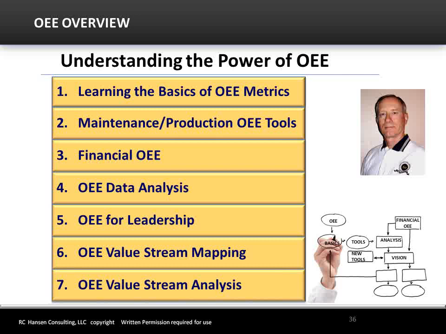The 7th area of study is OEE value stream analysis, and is probably my favorite. This area of study is covered in one module that focuses on OEE as a strategic business tool, inputs the material cost for quality alternatives, develops what-if alternatives, and looks at world-class investigations to help build the best benefits table. The agenda for the module covers the instructions on developing the Excel worksheets that go along with that, and